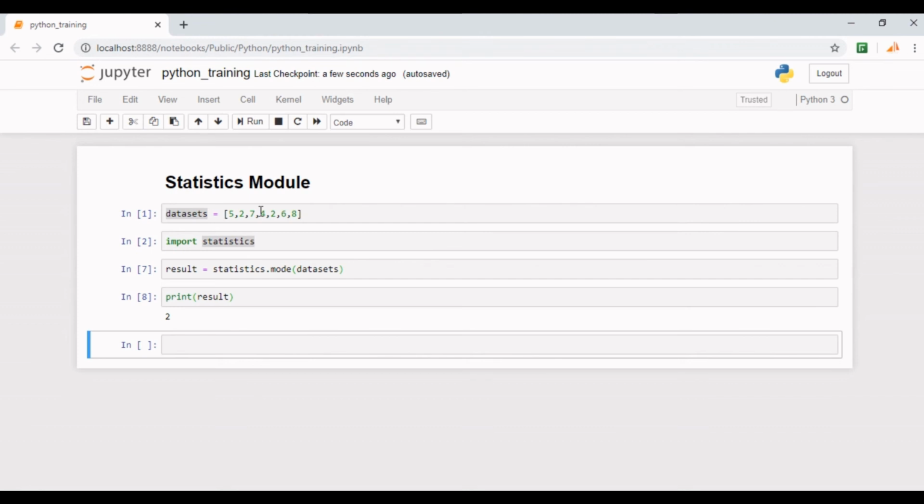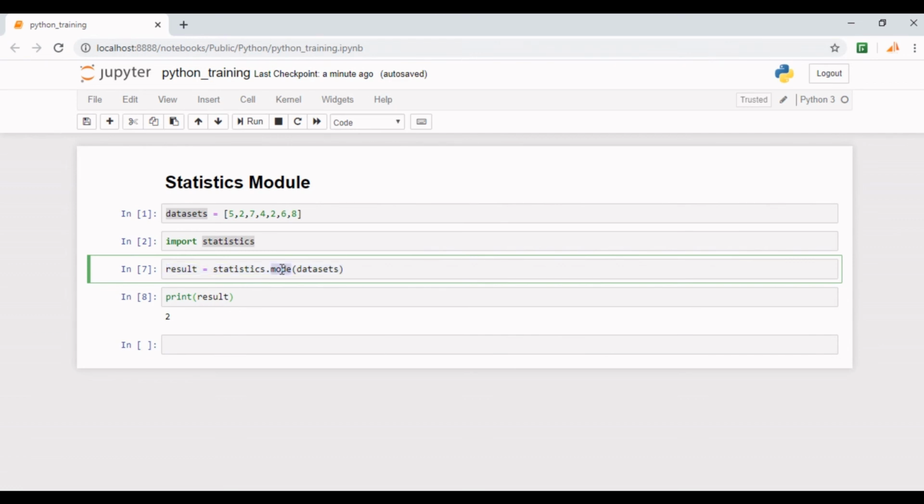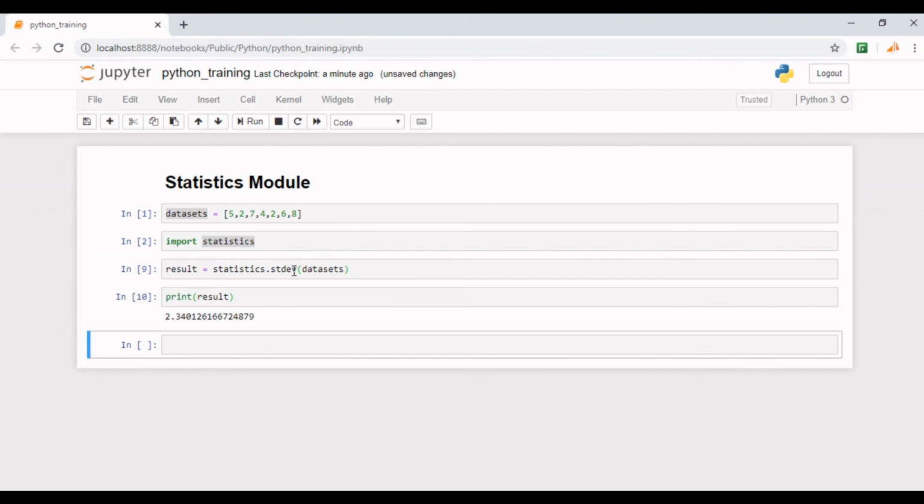Likewise, you can calculate the standard deviation of any numeric data, the square of which will give you the variance. The function stdev is used to calculate the standard deviation on a given sample which is available in the form of a list. Now if I run this code, it gives you the standard deviation of this numeric data. The square of this number will give you the variance of this data. Well friends, that's all about the Python statistics module. Now you can use these inbuilt methods to calculate statistical quantities without writing custom logic on your own.